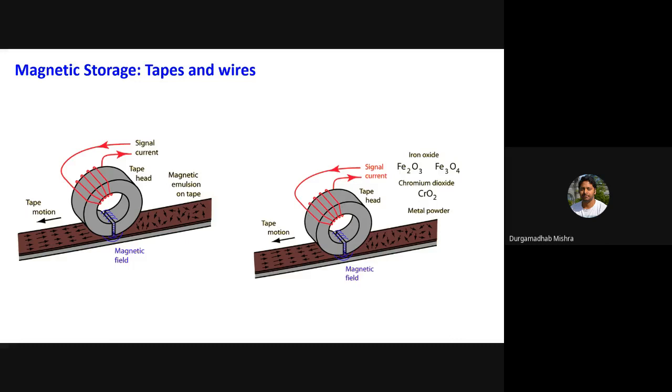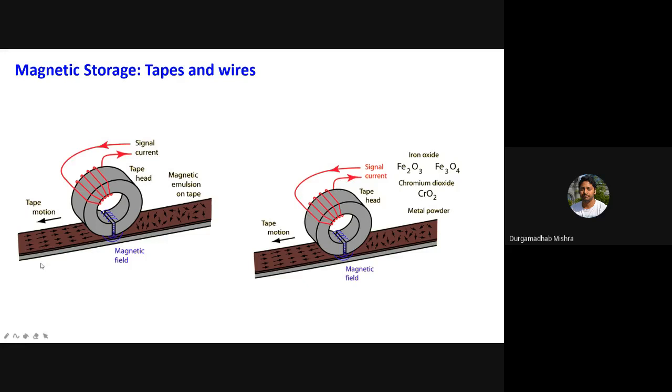So this is again the same animation shown here in pictures, quite the same thing that I explained already. You have the tape, which is a magnetic material. In the beginning, most likely the magnetization is all random, so you have not stored anything on it. Now when you apply a current, it will generate a magnetic field, and the domains will be aligned in a particular direction.